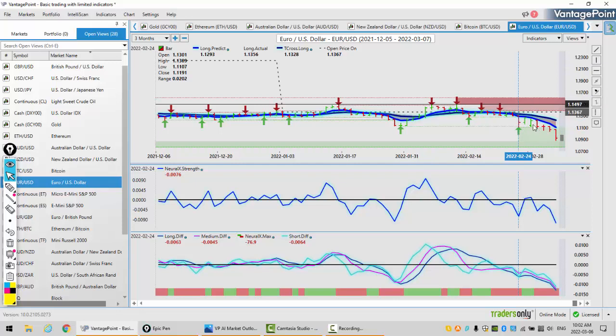Now, what I find very interesting about this too is, again, even during that period where the neural index was green, the neural index strength was showing something very different, pointing down, and it continues to accelerate and point down. Now, we could see a bottom. We could be getting close to a bottom in the euro, but again,